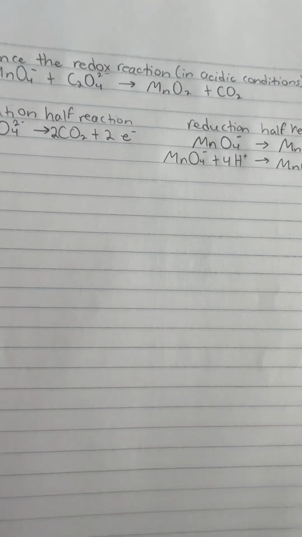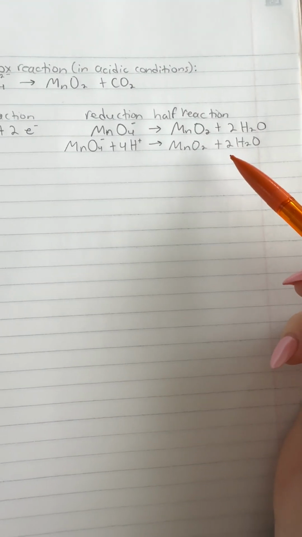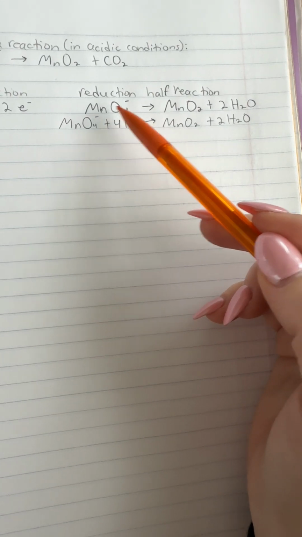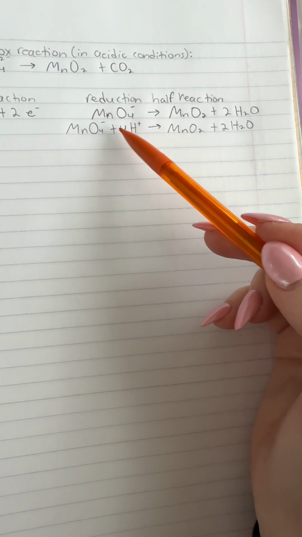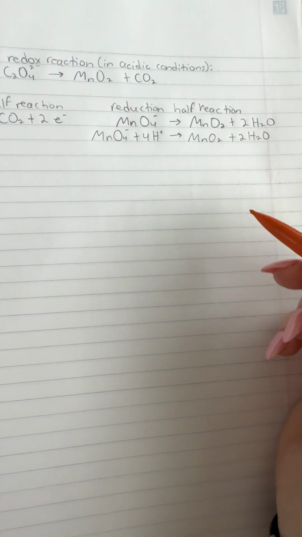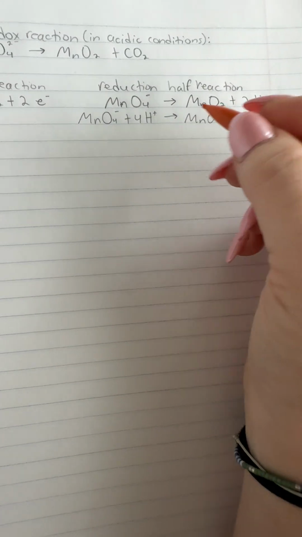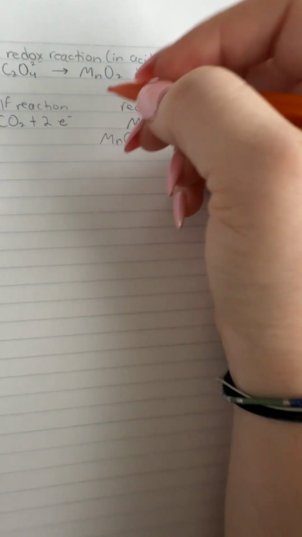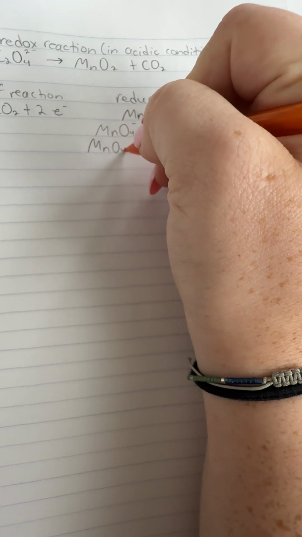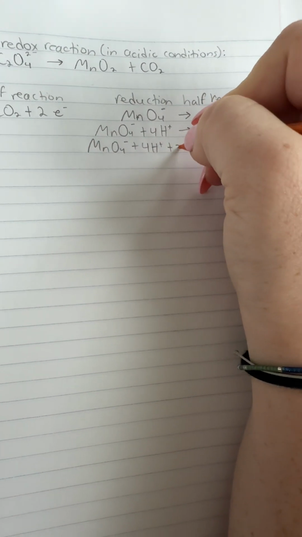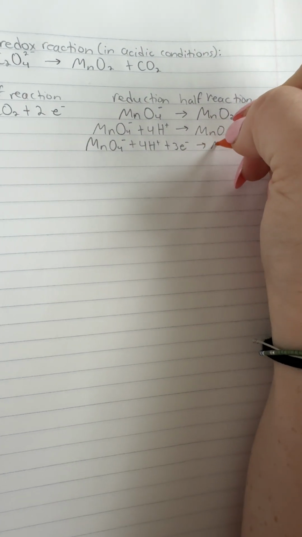But now our charge needs to be balanced because we have given 4 here and then a negative. We now have 3 positive charge on the left side and then a neutral charge. So the easiest thing to do would be to add 3 electrons to make that a little bit easier. So MnO4 negative plus 4 hydrogen plus 3 electrons then becomes